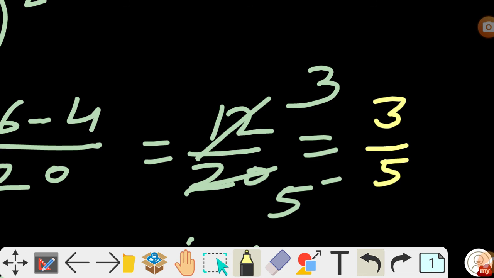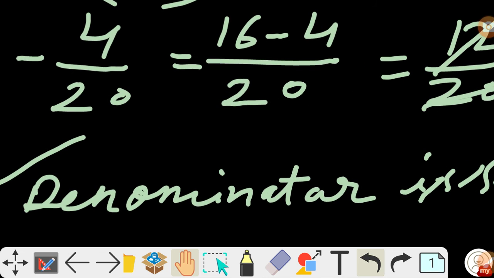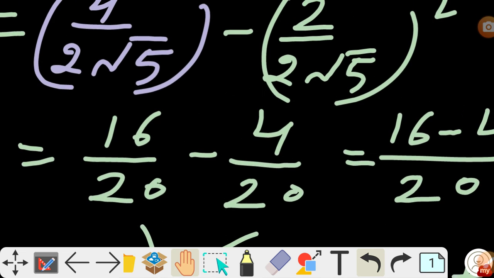If you think, sir, you teach a long method, this is not a long method. You can easily skip many steps from this question. If you practice again and again, you are able to solve this question within 10 or 15 seconds. So I hope this question is very easy and you are able to understand it and you enjoy this question. So next question we have here. Please note this down because I teach you in detail, and each and everything you can easily get a good score in mathematics as well as in other subjects also.